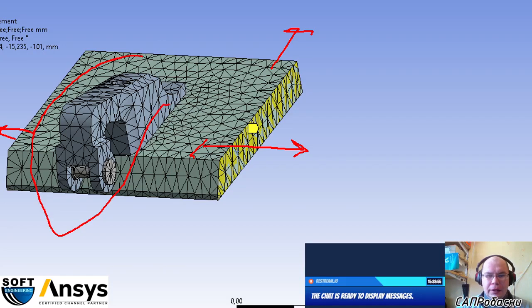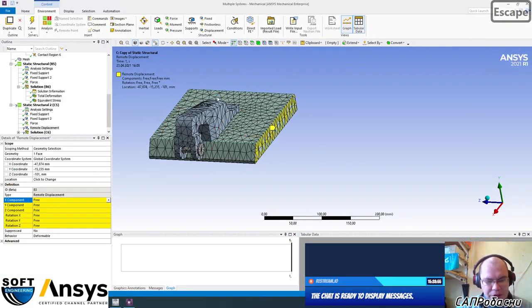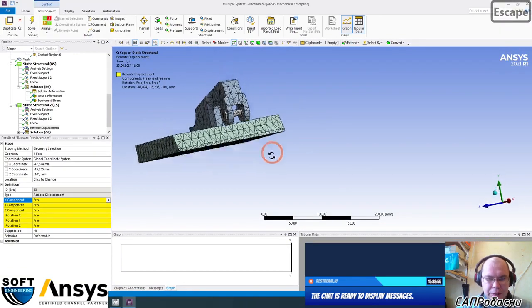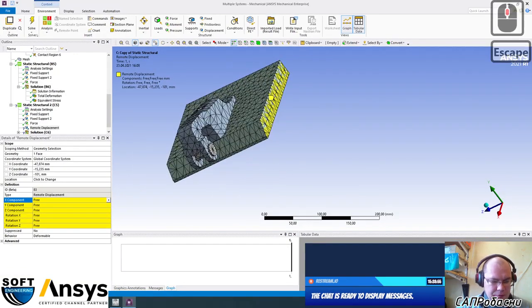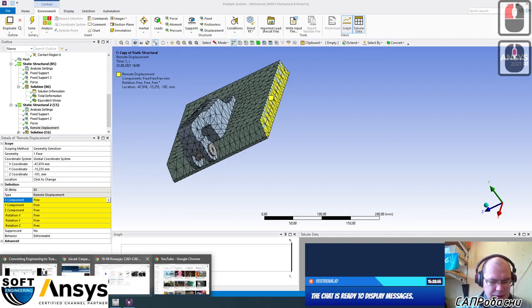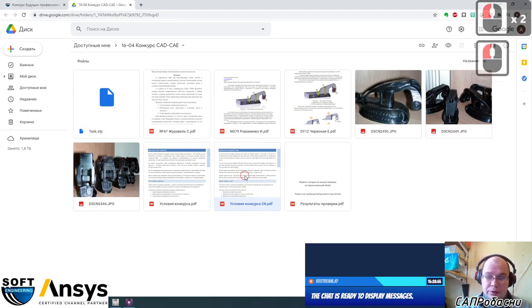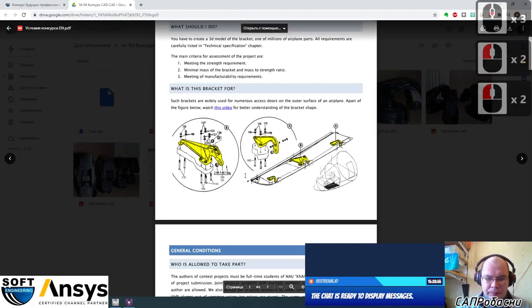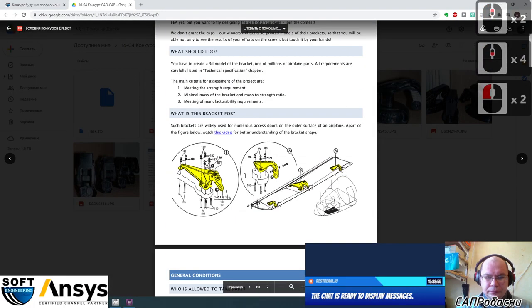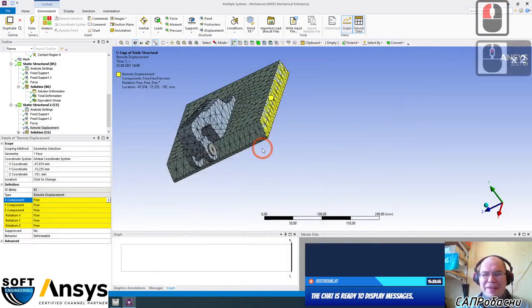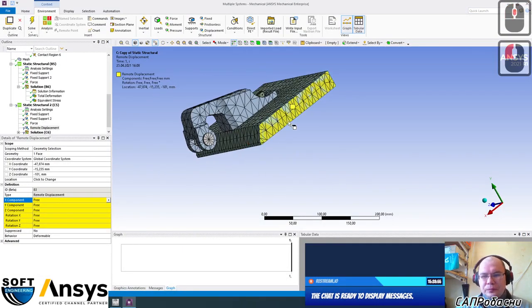This one can be called a cantilever beam, something like that. Also, it can be called in different ways. Let's open here and see. I forgot, I'm sorry. Bracket. Sorry. This is a bracket. So